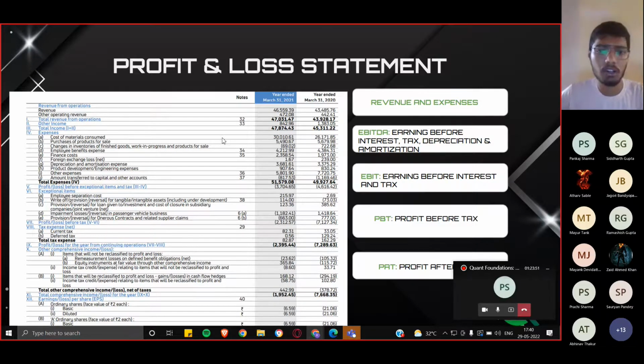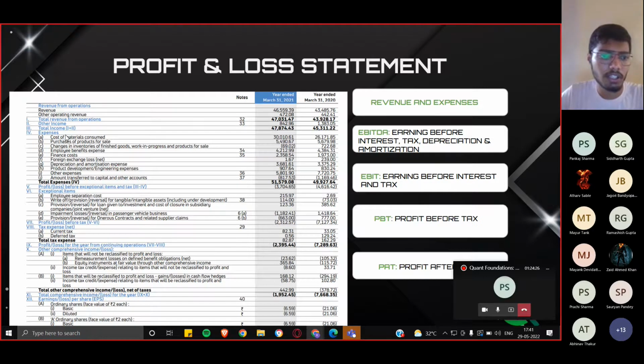Profit and loss statement. It's basically revenue, other operating revenue, and expenses. You can see revenue is basically their sales and services. Then you can generate the total revenue from operations. Then your other income is 842.96. These are the notes I told you about. You can go through note 33, then you'll see about the other income. I'll send the annual report of Tata Motors after that. You can check it out. Okay.